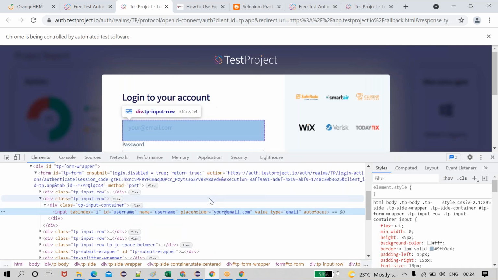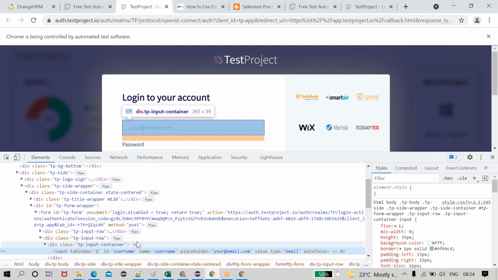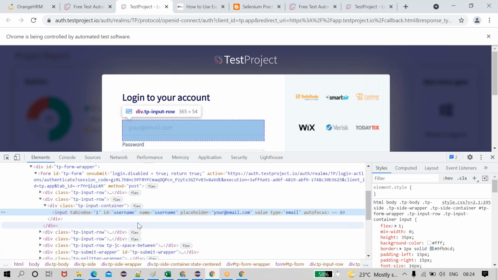In this way, we need to inspect it, and after inspecting that element, we need to pass the text over that element by using ID. There is an input box. We need to give some explicit wait condition, until visibility of element located, like this. You can practice in this site, okay, guys.